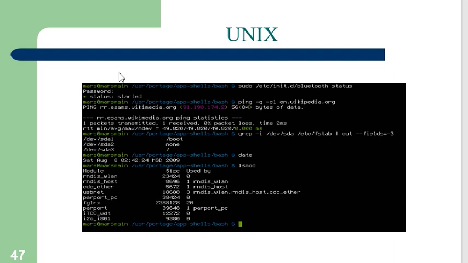There are three layers in this Unix: hardware, kernel,